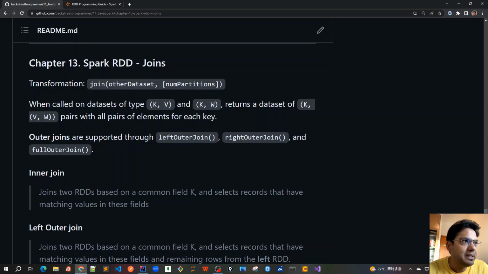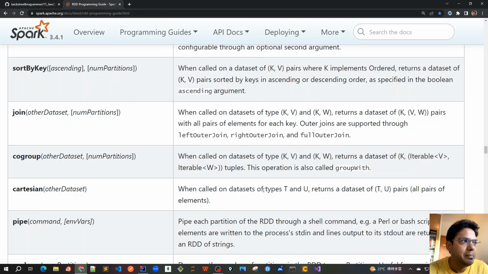It has a transformation method, join. As we have learned previously, whenever we call a transformation, an RDD is transformed and converted into a new RDD, because RDDs, just like Java strings, are immutable. Any transformation or operation like join will create a new RDD. So we have this join method here, as mentioned in the